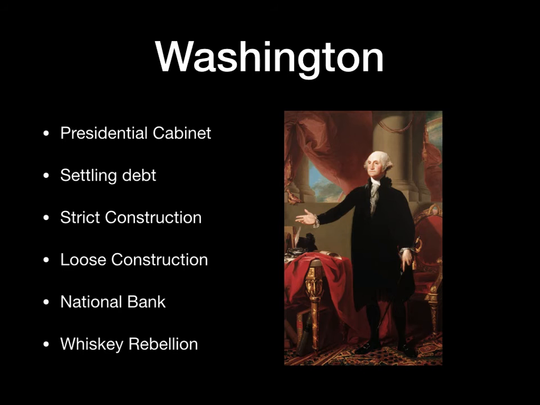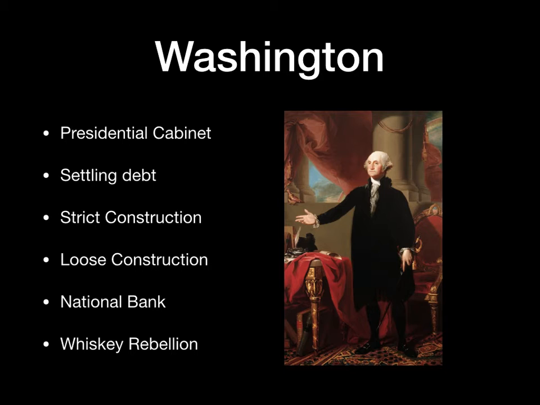And so the first president of the United States, all of you probably know, is George Washington. He establishes what is called a presidential cabinet. We still have this today. It's a lot larger today than it was in Washington's time. But pretty much with the executive branch, the president is the commander-in-chief. He's the boss of the executive branch. And he gets to appoint people in his cabinet.